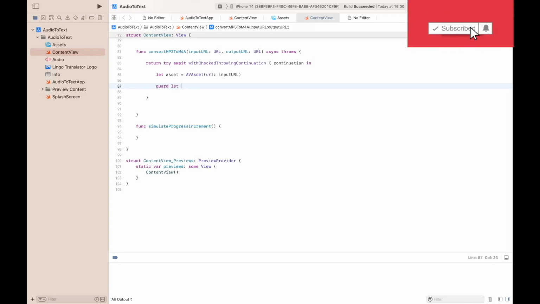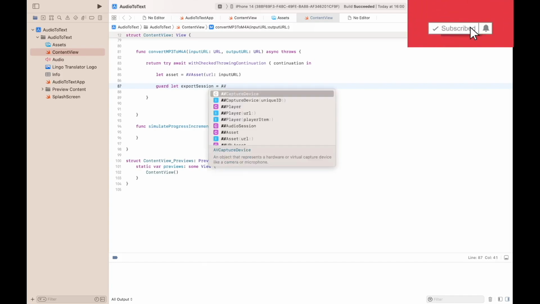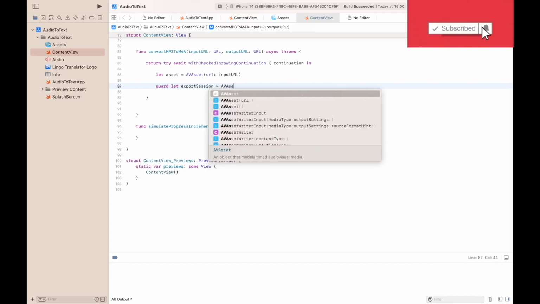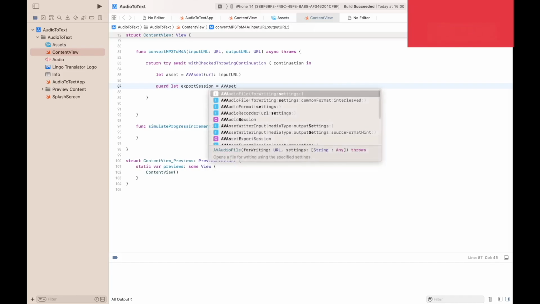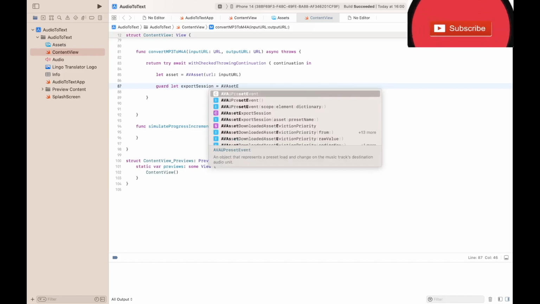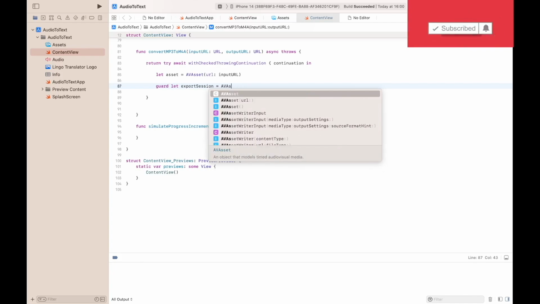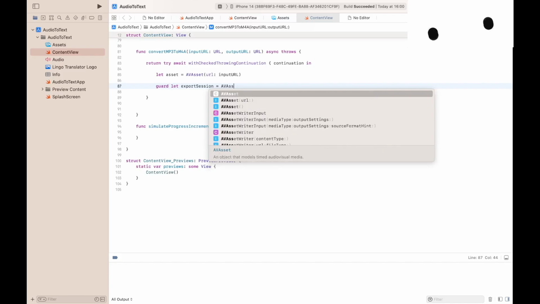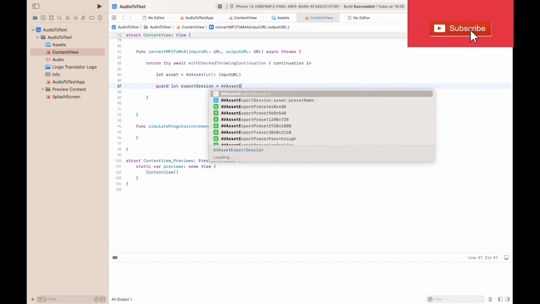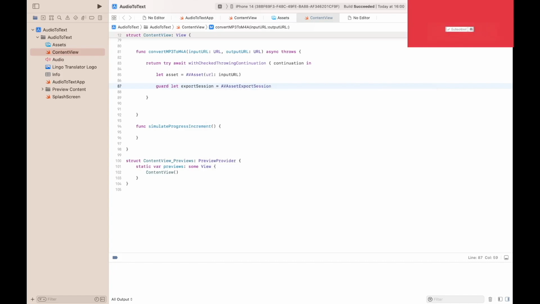So we type in let exportSession equals AVAssetExportSession. There should be two S's there. And then we pass our asset,